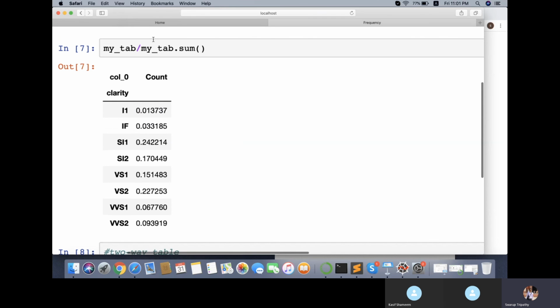Like this, we can also get the percentage out of the frequency table. Actually, we are converting to a frequency table so that we can associate a number to our data, but we can do something more, like find out this proportion of data. We can also plot it in a bar plot to see which one is more and which one is less. Okay, so you can do this.